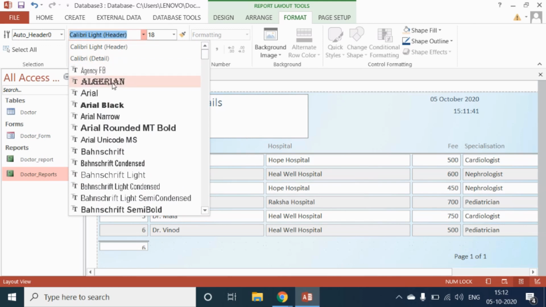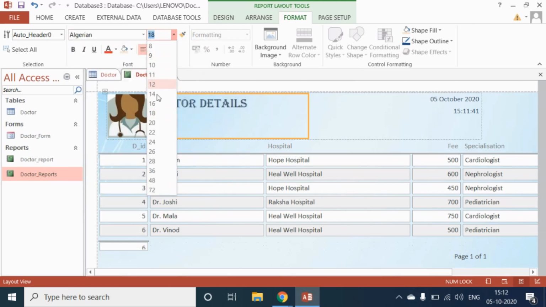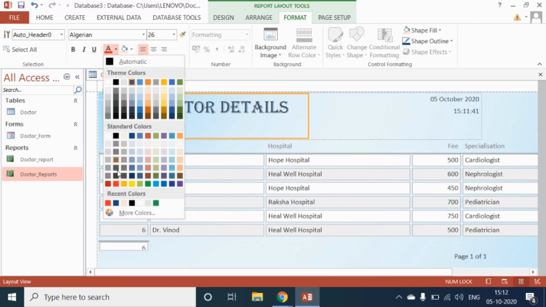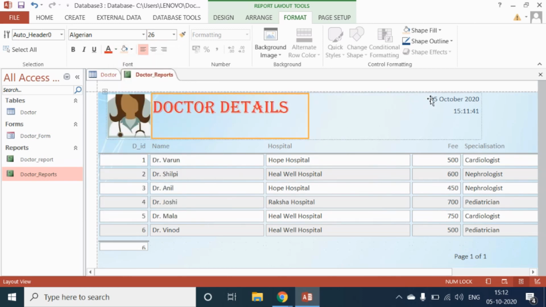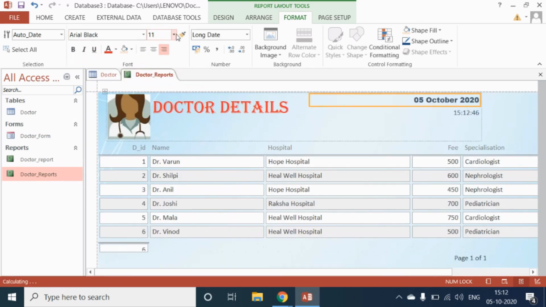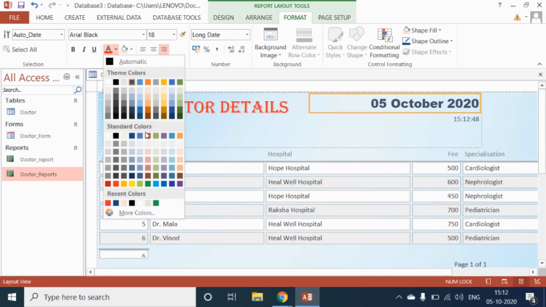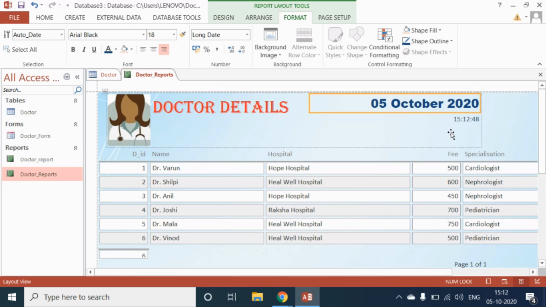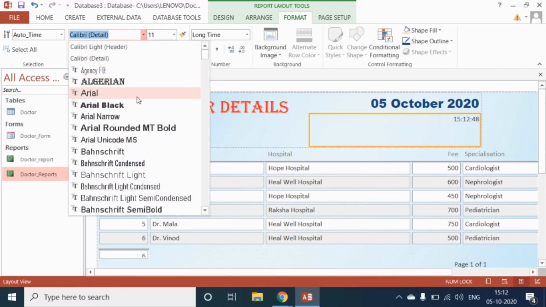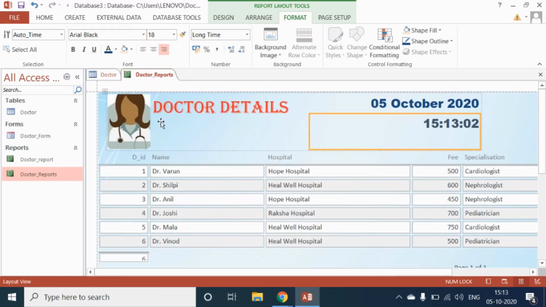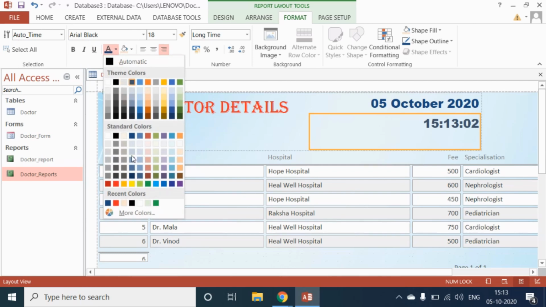Here I am selecting this style, resize it, and fill the color. Now select the date, change the style, resize it, and fill the color. Again select the time given, change the style, resize it, and then fill the color.